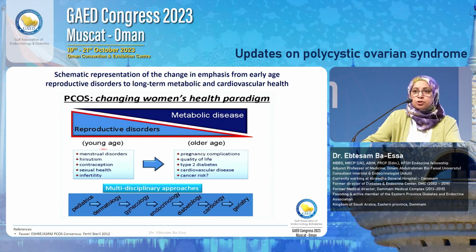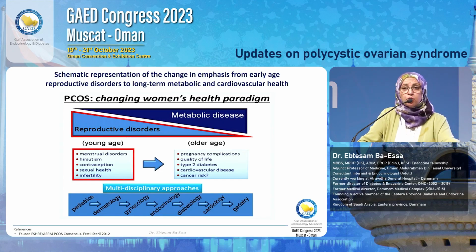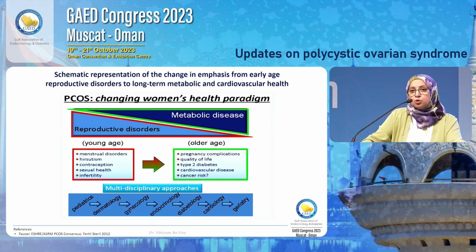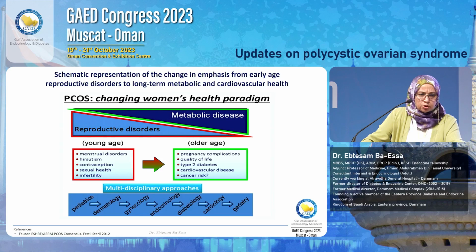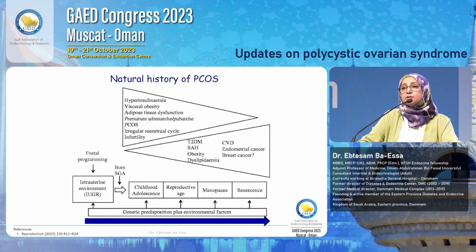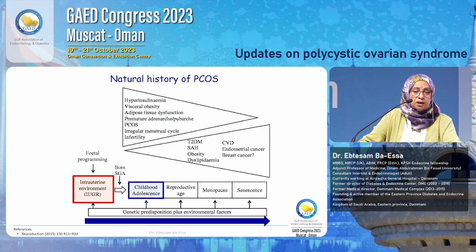So this is the natural history of polycystic ovary disease. At young age, they present with reproductive symptoms, with menstrual irregularity, infertility, and so on. And as they grow older, they present with the metabolic component of this disease, which includes premature cardiovascular disease or renal disease, or cancer risk, as well as stroke and type 2 diabetes, and that affects the quality of life. This slide is to remind you that the natural history does not start at reproductive age, but again, it starts in the intrauterine life through childhood and adolescence, where most patients at this age are not diagnosed.